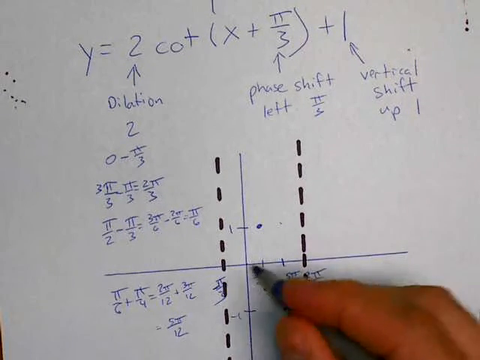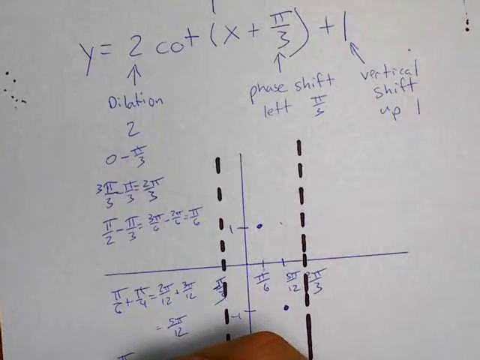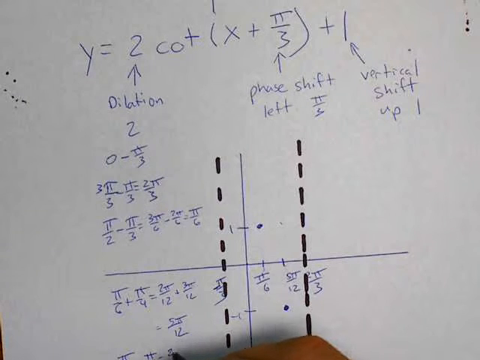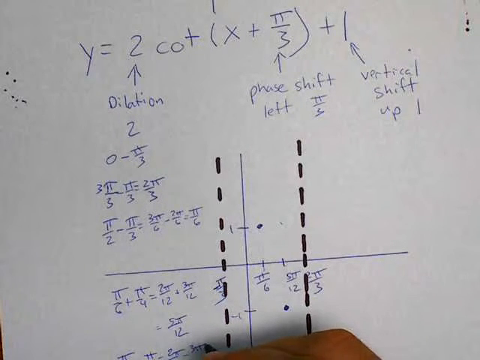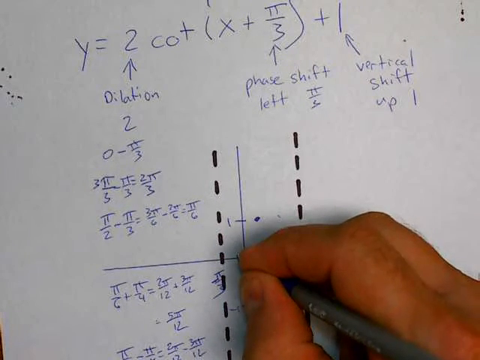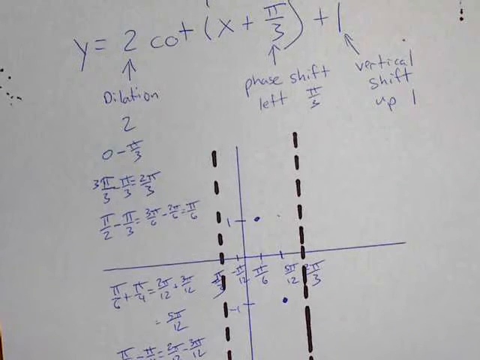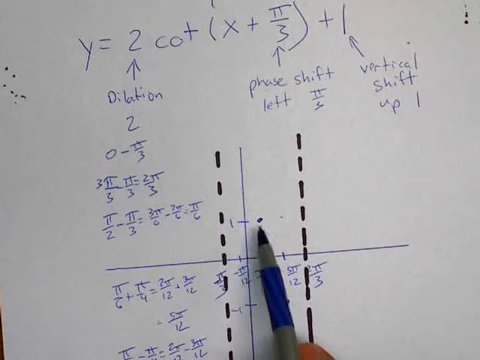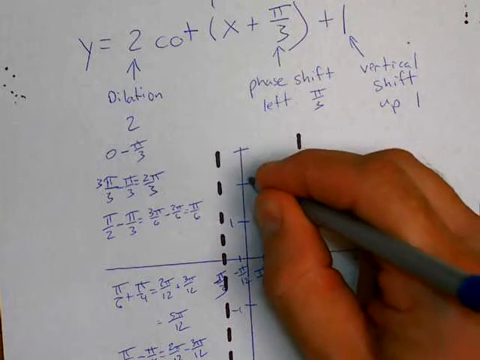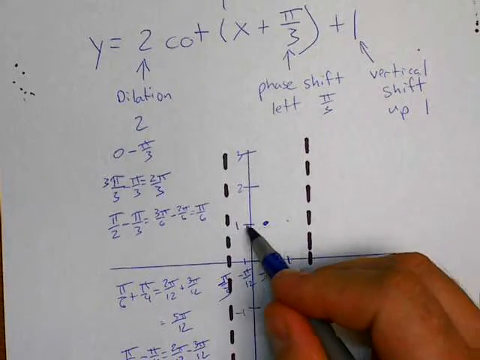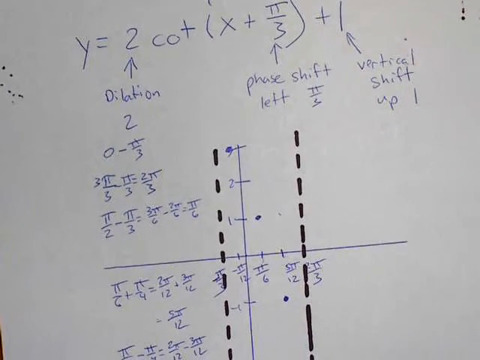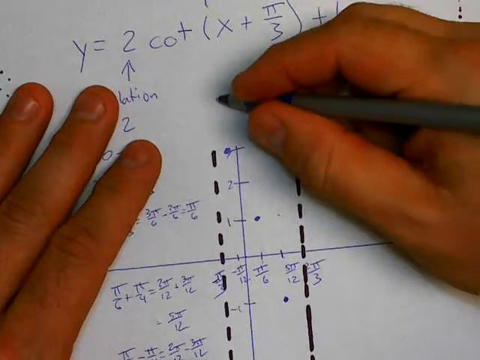Okay, now I'm going to subtract pi over 4. So pi over 6 minus pi over 4. That's 2 pi over 12 minus 3 pi over 12, and that's going to be negative pi over 12. So here, at negative pi over 12. Normally when I go to the left 1, I would go up 1, but since I'm dilating 2, I'm going to go up 2. So I go over to negative pi over 12, and go up 2, and there's my other point. And from here you can sketch in